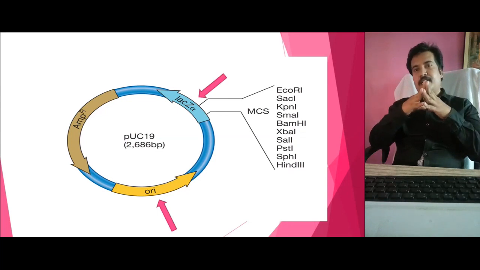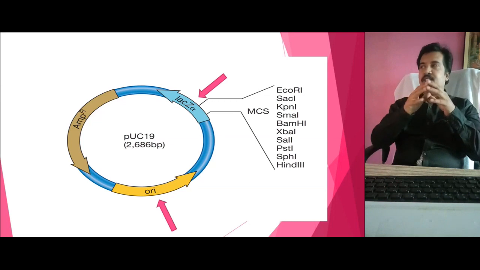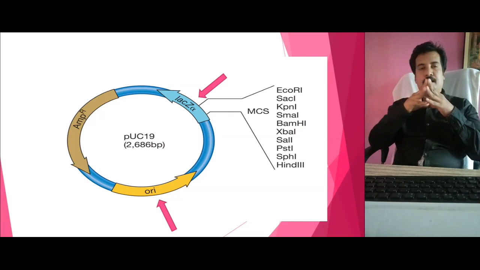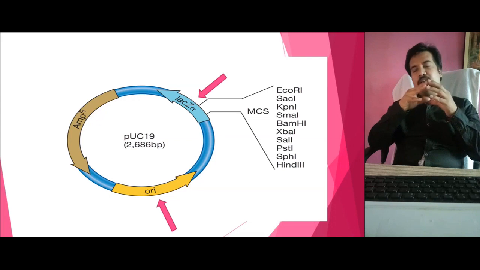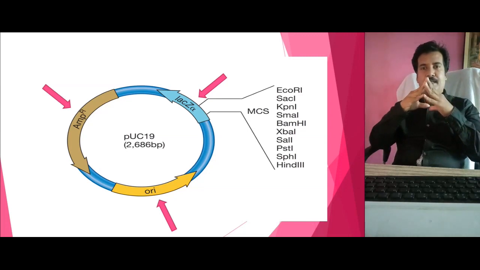Second, it carries a region that is mentioned as the LacZ gene. As you can see, the LacZ gene is a place where the multiple cloning site has been inserted. The multiple cloning site has a series of restriction enzymes, just like EcoRI, SmaI, BamHI, XbaI. All these sites are associated with another marker region we call LacZ alpha, which helps in identifying whether the vector carries the foreign DNA or not. That's how the LacZ gene carries the multiple cloning site.